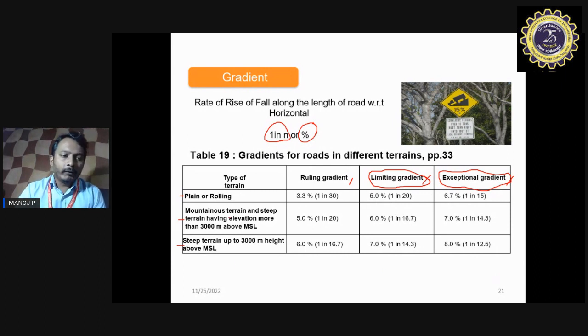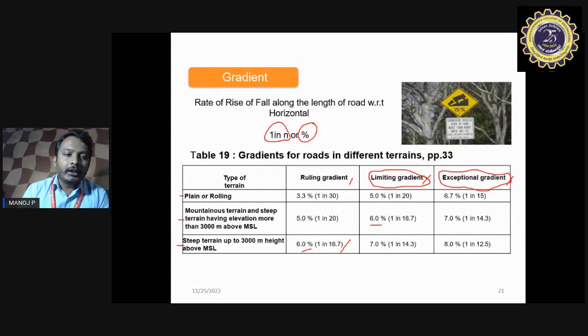You should know for a plain terrain what the ruling gradient prescribed by IRC is. It is 3.3% or 1 in 30 for a plain terrain. What is the limiting gradient? 5% or 1 in 20 for plain terrain. What is the exceptional gradient? 6.7% or 1 in 15. Similarly, for mountainous and steep terrain, the ruling gradient is 6% or 1 in 16.7. This table you should know,